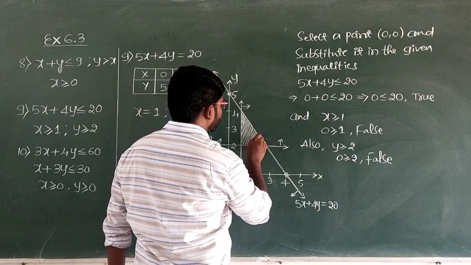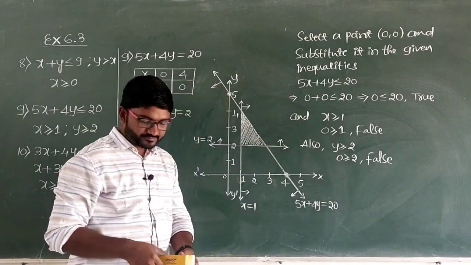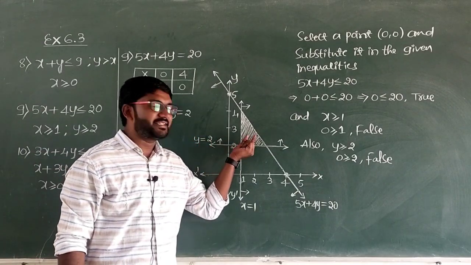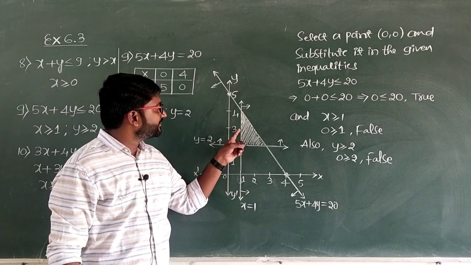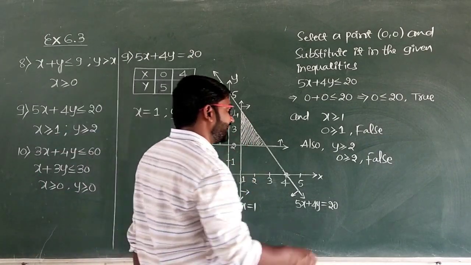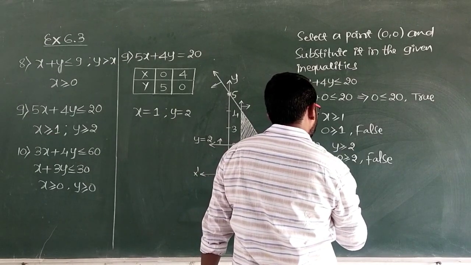Since all the inequalities are slack inequalities, the points in this shaded region as well as the points on all the three lines are part of the solution region. That statement we have to write here. Therefore, the common shaded region